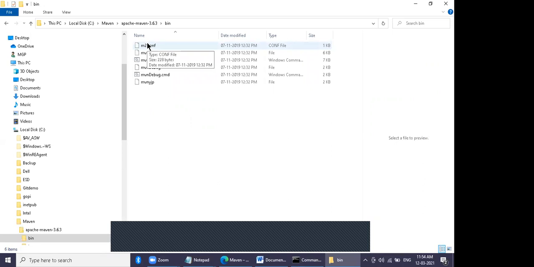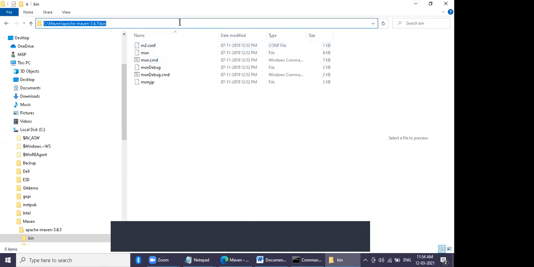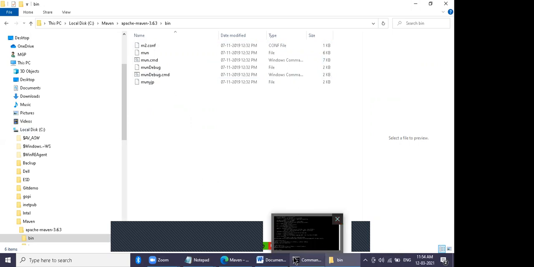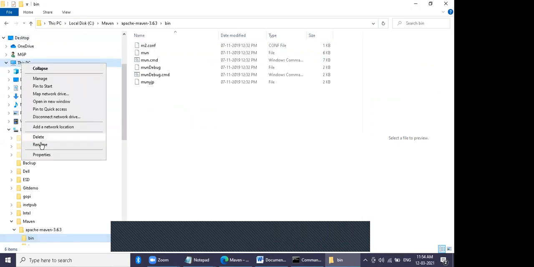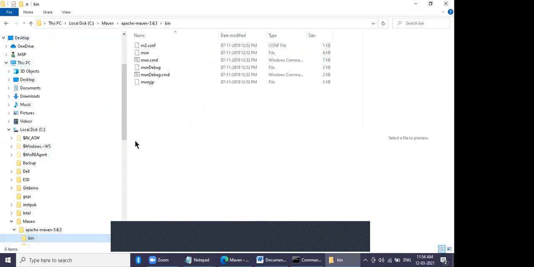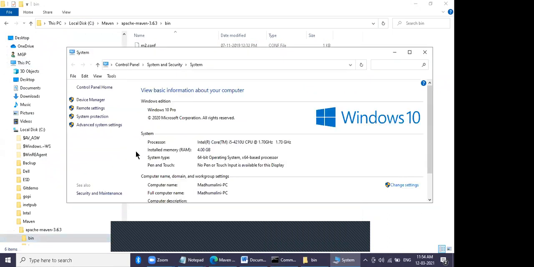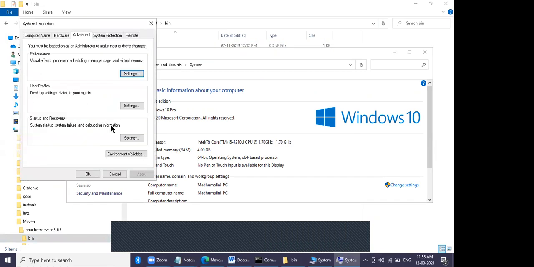Double click it. Copy the path. Copy that. Go to C drive. Right click This PC. Properties. Advanced system settings. Environment variables.